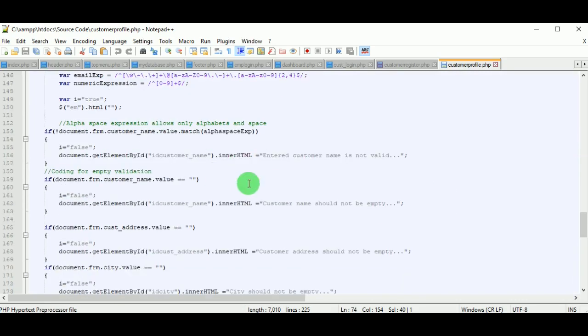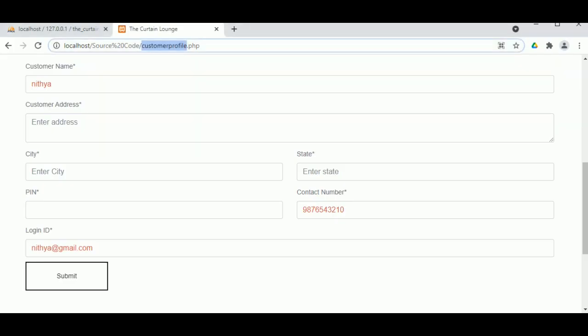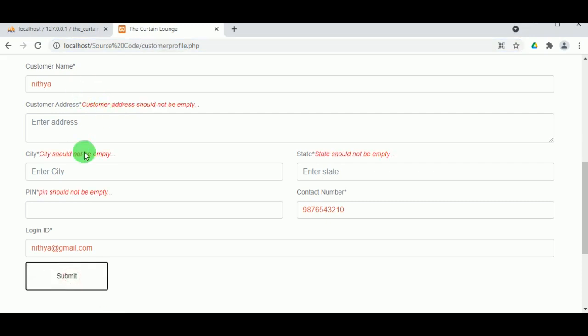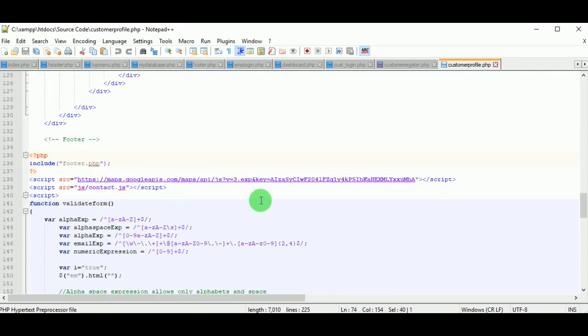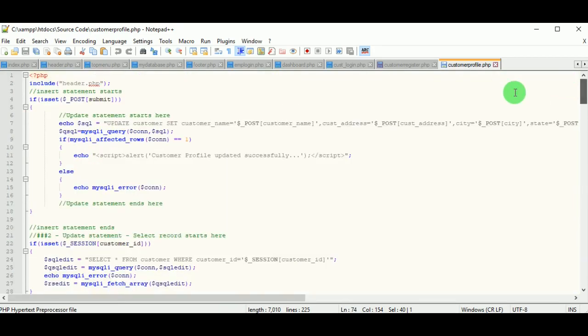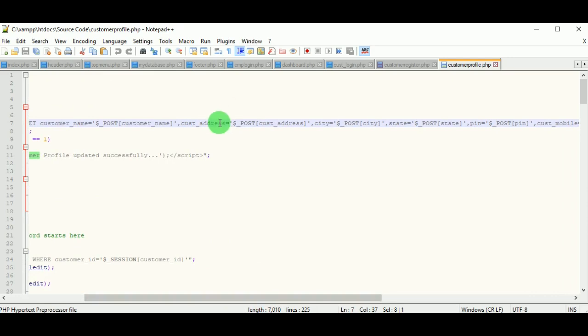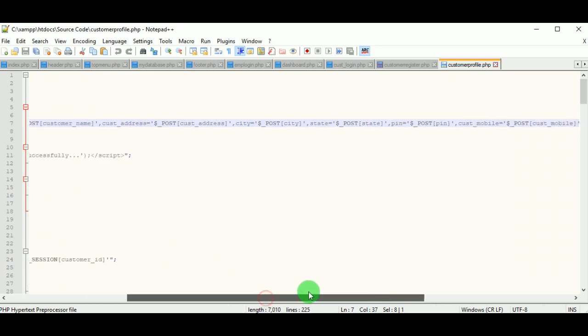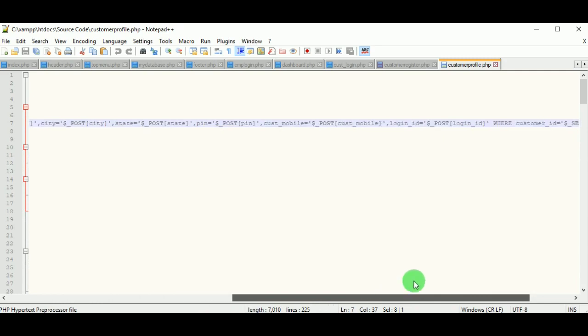And here also there is a validate function, which means if I click on submit without entering anything, it will not allow, since you have to enter the fields, otherwise the empty form is not inserted or updated to the database. So on clicking submit here, the update query is executed. Here you are not making a new insertion, you are making changes. Some fields are entered and some are not, but you can make changes to any of the fields. So here you can see how the update query works.